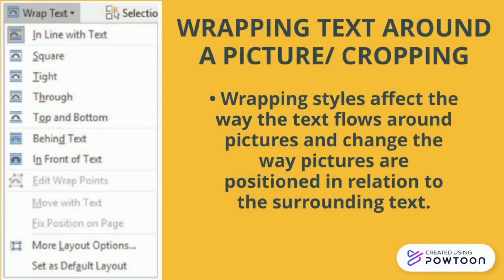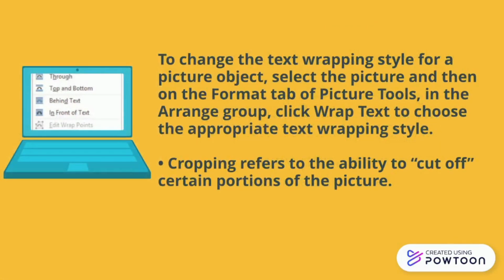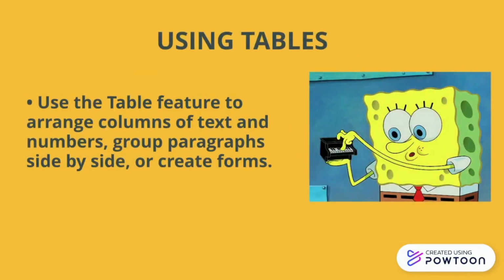Wrapping text around a picture and cropping. Wrapping styles affect the way the text flows around pictures and change the way pictures are positioned in relation to the surrounding text. To change the text wrapping style for a picture object, select the picture, and then on the Format tab of Picture Tools, in the Arrange group, click Wrap Text to choose the appropriate text wrapping style. Cropping refers to the ability to cut off certain portions of the picture. Using tables. Use the table feature to arrange columns of text and numbers, group paragraphs side by side, or create